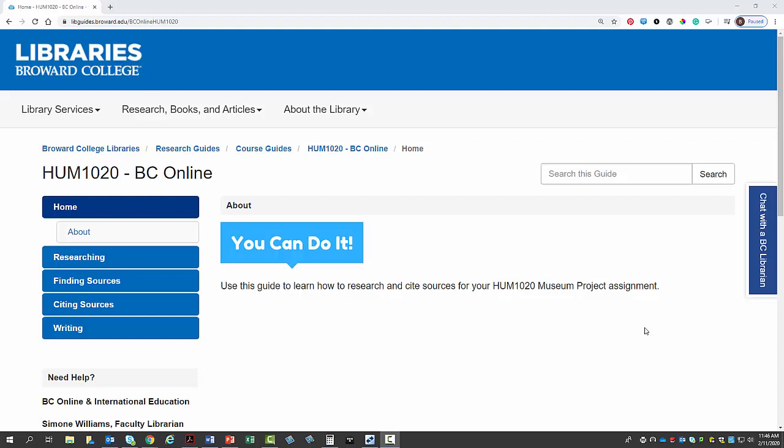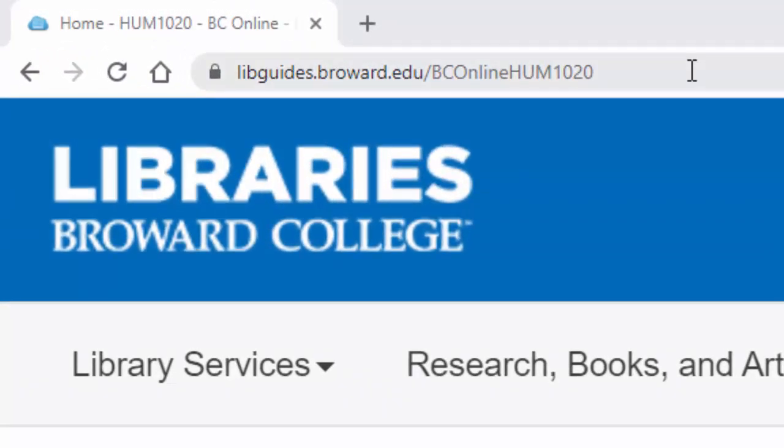Hello, this is a guide on how to research and cite your sources for your HUM1020 museum project assignment. So start off by going to the website. It's a library guide, libguides.broward.edu/bconline